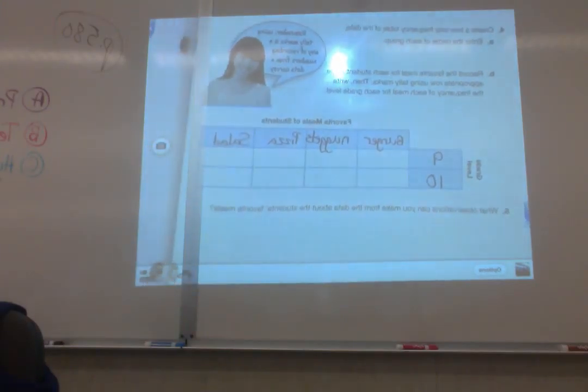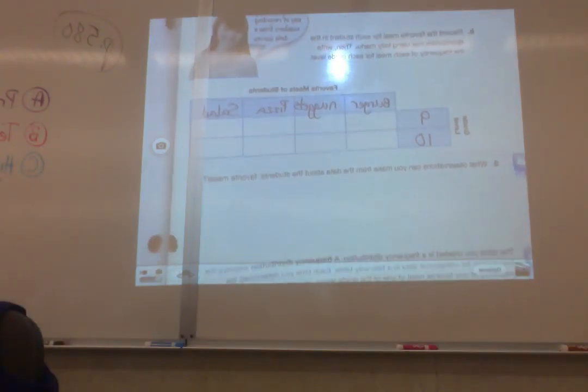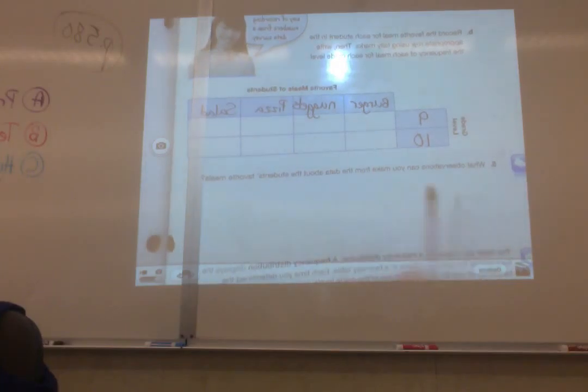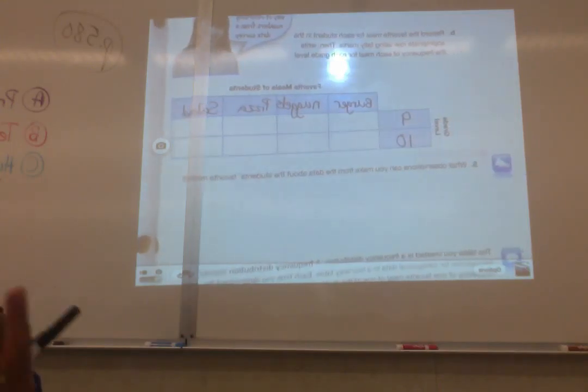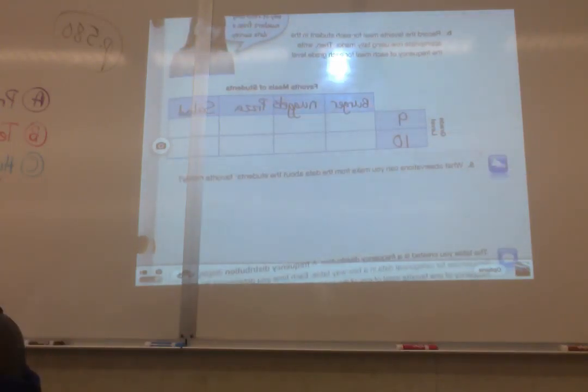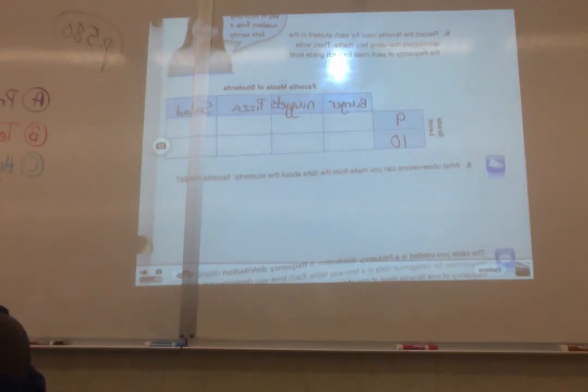So this is one of the most simple types of frequency table. What does frequency mean? A measure of how often something happens, all right? So Jerry frequently asks questions. Brian doesn't, okay? He's infrequent. High frequency, low frequency. That's what frequency means. We're going to look at frequency in terms of how many people, how often nuggets were requested, how often burgers were requested.